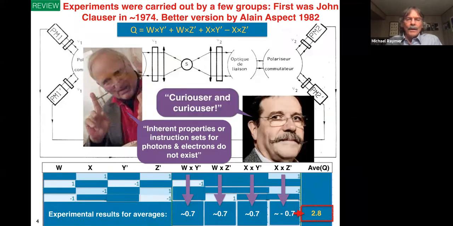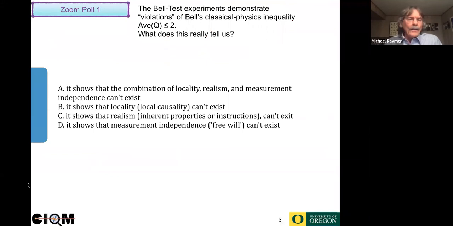So then I put in this quote here from Alice in Wonderland. Alain Aspect says, "This is curiouser and curiouser." And I explained earlier that John Clauser did the experiment because he was hoping this number would always be less than 2, and we could hold on to our classical intuition. This is why it's considered to be very curious, because we cannot hold on to our classical intuition any longer. And just 3 years ago, there were even better experiments done where they closed all the loopholes, like the detector efficiency loophole and the speed of light loophole. The most difficult one was to close the measurement independence loophole.